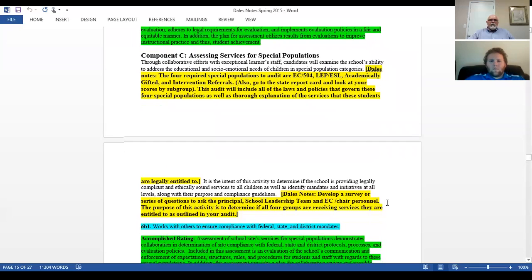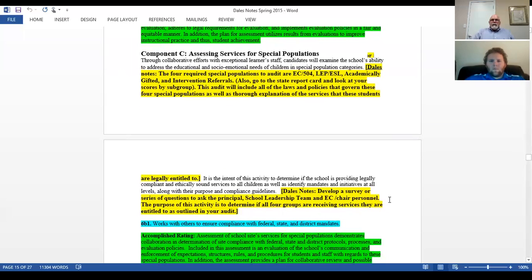Component C, assessing services for special populations. The 4 required are EC, 504, ESL, academically and intellectually gifted (AIG), and your intervention team referrals. You won't have as many of those intervention referrals. You do have an SST at your high school for kids who are having academic difficulty or behavior difficulty, but let's talk about those. The 4 required are EC, 504,